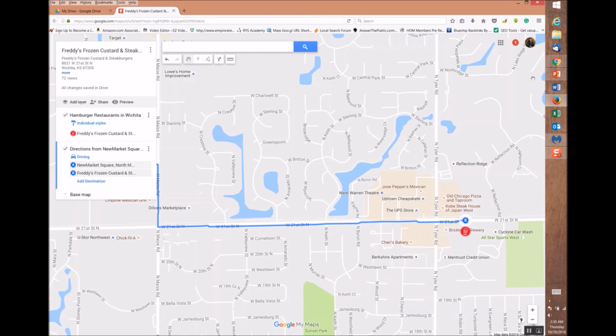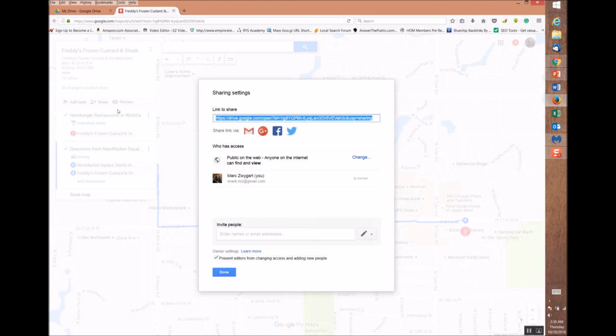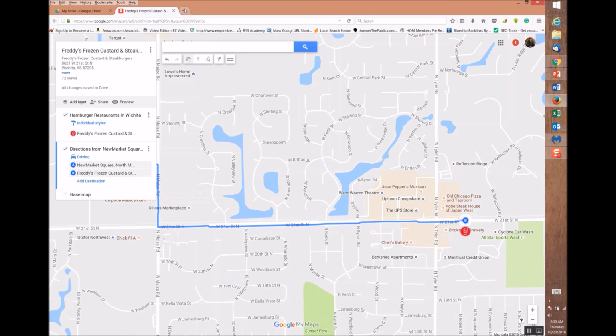The next step is the Google Shortener, but actually before we have to do that, we have to share and make this so it's public. So you can go in, click the share button, and I've already changed this so it's public on the web. It will be default private, so once I have it public, I'll have a URL up here. You can copy that URL, and we're going to index it before we